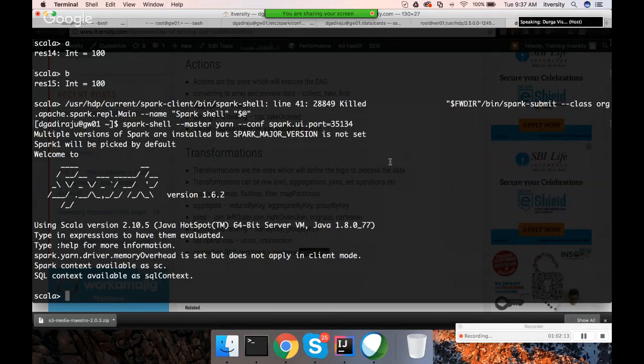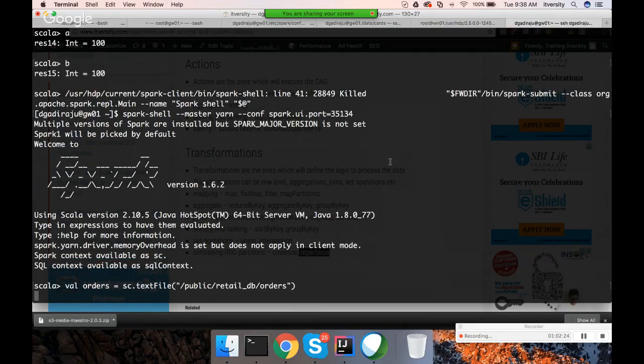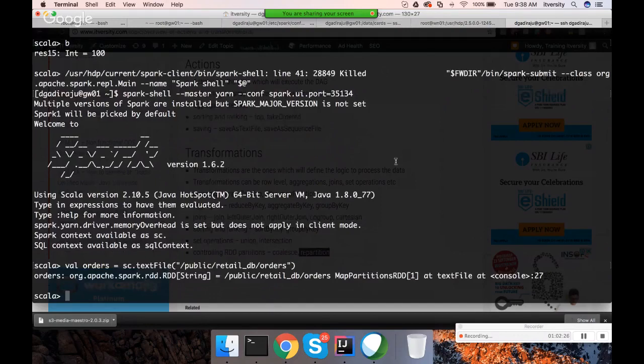So I have already answered that a bit earlier. So let me explain it again. So I will start with this one. Okay. So here, this path is HDFS path. Okay. And I have created a variable called orders. And I'm trying to read data from this file, which is in HDFS, into orders. So when I say orders dot take of 10